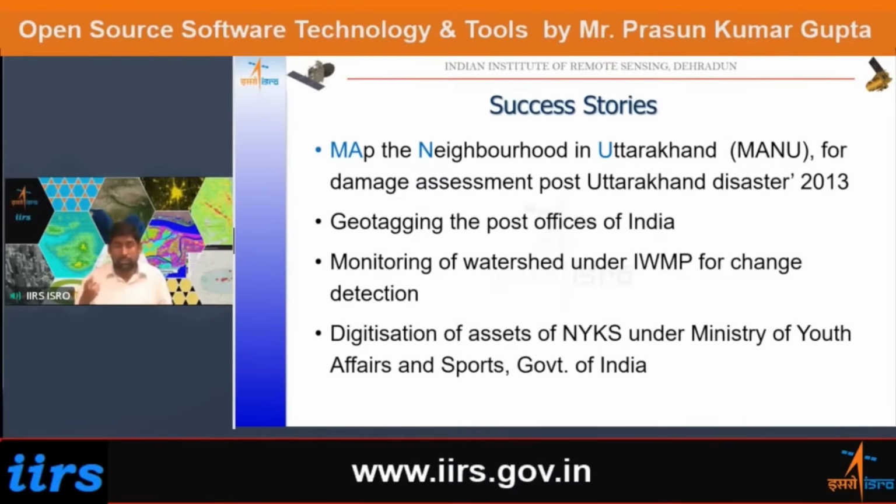So ISRO gave a solution which used these applications, mobile-based data collection, where the postmasters themselves could geotag the post office. They could post a picture along with what services are available, along with the contact details and the location of that post office. And all this is available on a single web page. Any user can simply put in a zip code or pin code and find out what are the nearest post offices to him. This is also heavily used for the watershed monitoring programme in India, where large amounts of funds,